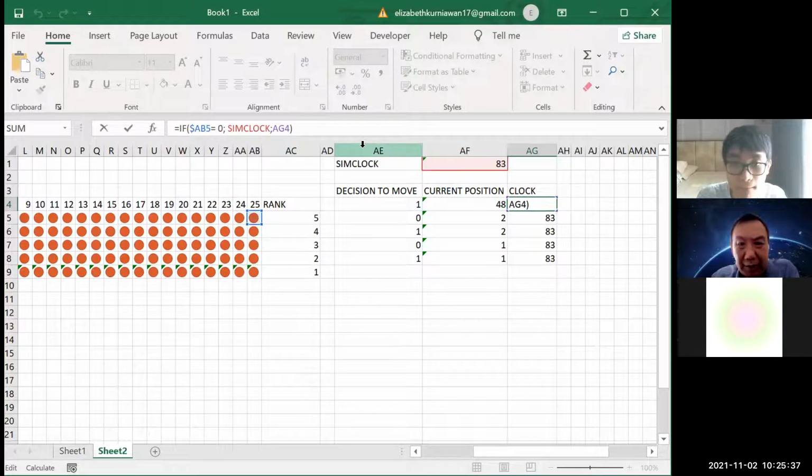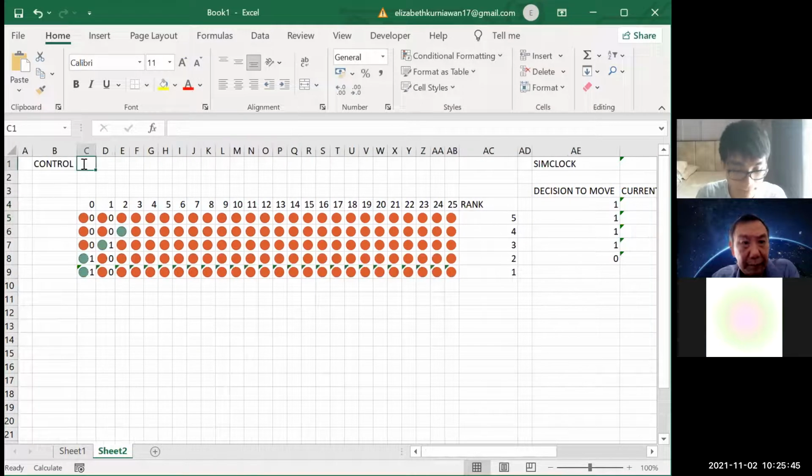Can you restart the control cell? Just put A, then delete. Now when you put A in the control cell, it's supposed to be in position 0, right? Yes, okay. And then when you delete